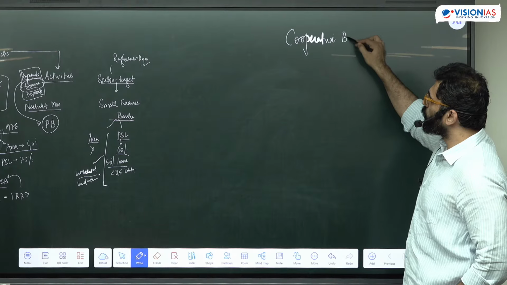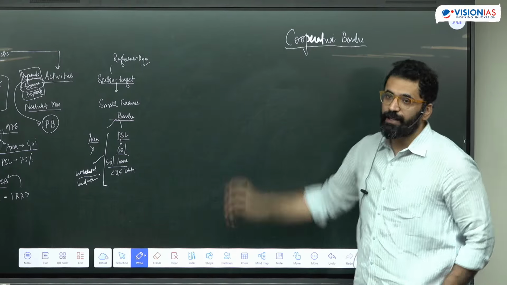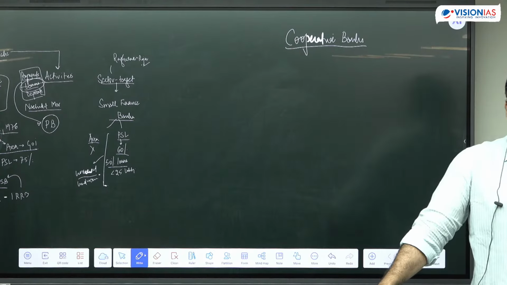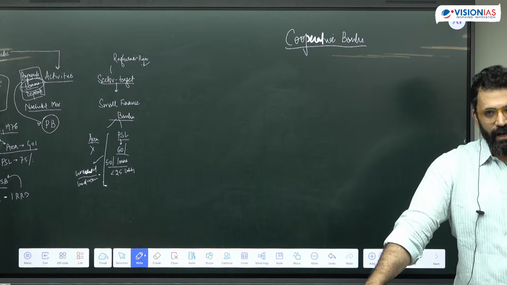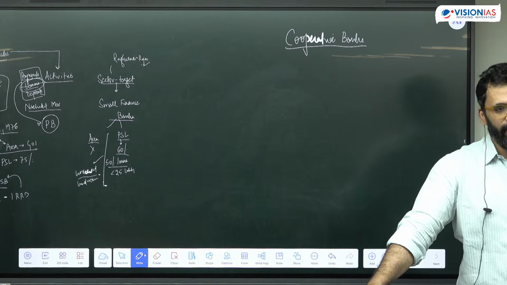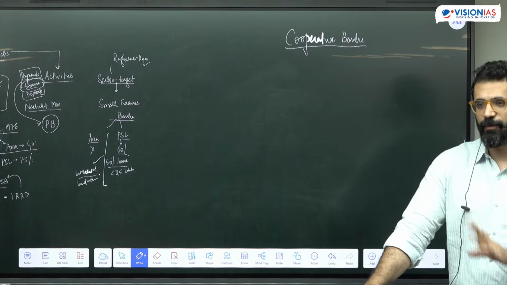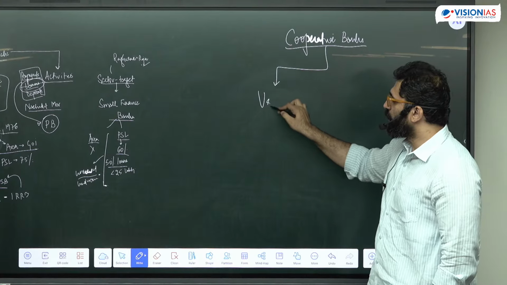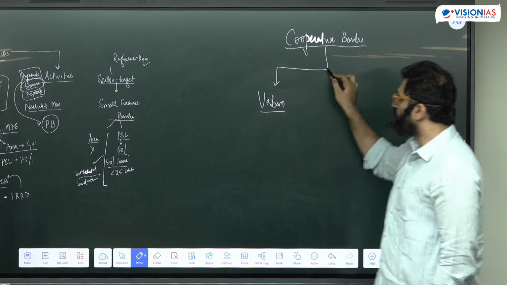For cooperative banks, there were 2 changes made in 2020, and both these changes were asked in the same year. In banking, there are always these 2 types of questions: structure, regulation, and inclusion. And the third is any development that happened in 1 year, which is a potential question. This is one of the favorite topics for the exam. Cooperative banks have 2 structures. One is the urban cooperatives and the other are